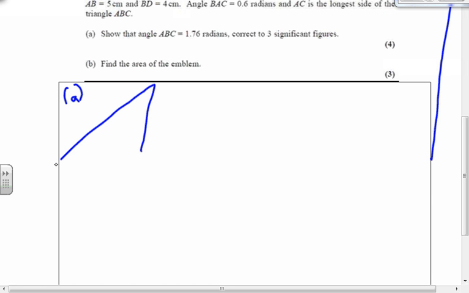So just a quick sketch. We know that this is 0.6 radians. We know that this side is 4 centimetres and that this side is 5 centimetres. This angle here is capital A, this is capital C, this is capital B, and of course the opposite sides to the angles get the lowercase letters. So this one will be lowercase b, this one would be lowercase a, and this one would be lowercase c. So we'll have to start off by finding the angle at C,